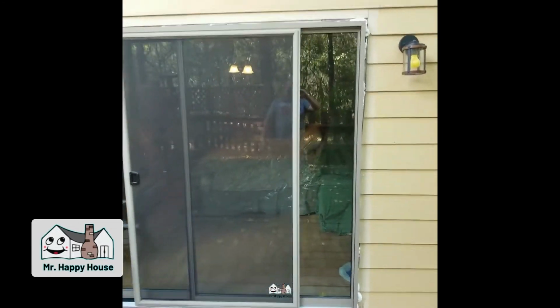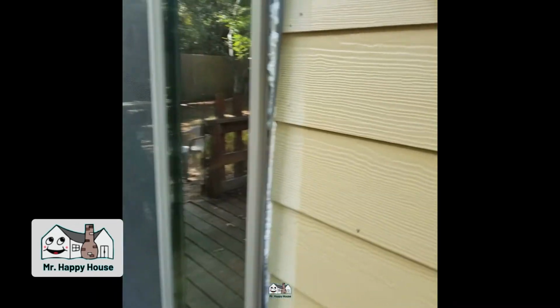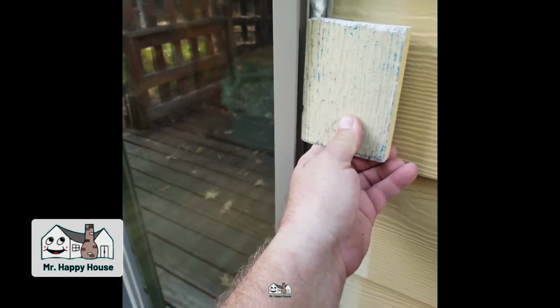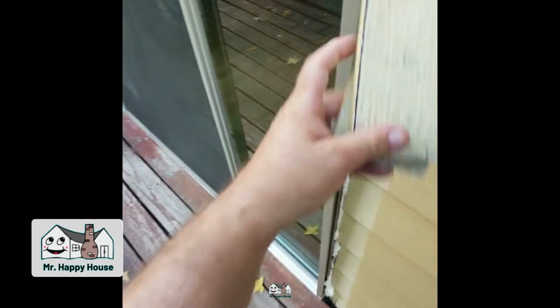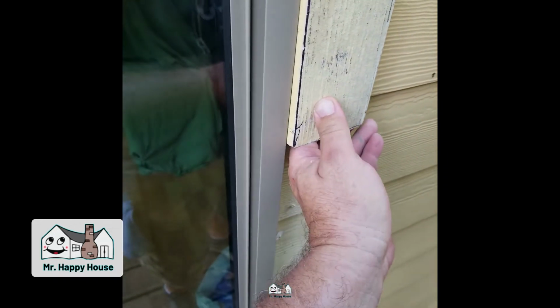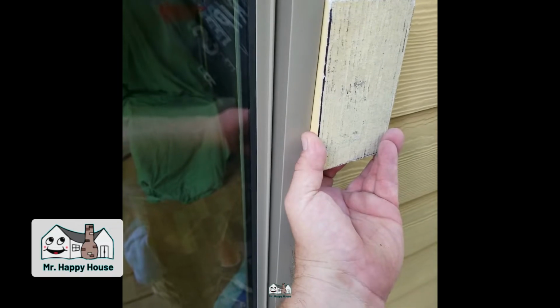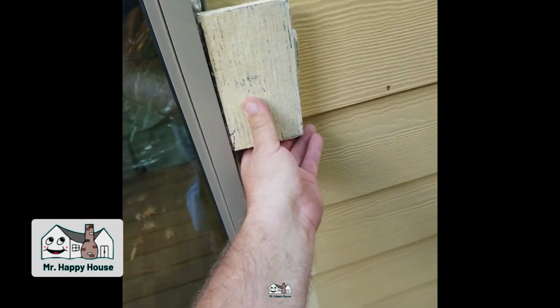Alright, now it's time for trim out time. The new Don Young slider is a little bit wider than just the 1x4s that used to be here with the old door. You see it's recessed quite a bit. And it's so hard to double stack Hardie. I like a little bit of a reveal, which means it should come out that far, but even doubling them up, it's not enough, so I'm going to put a treated